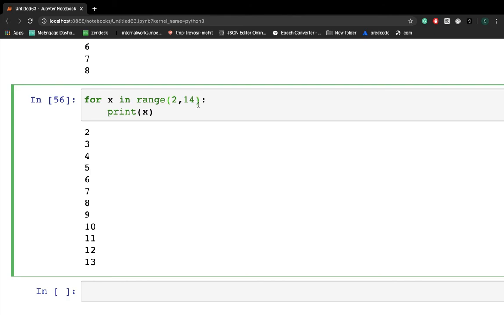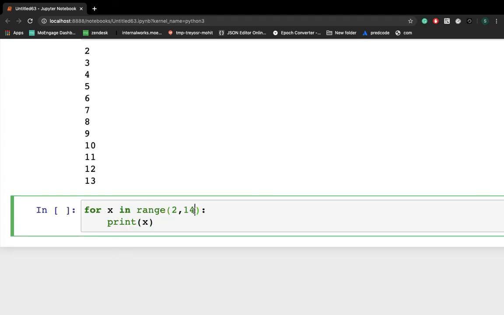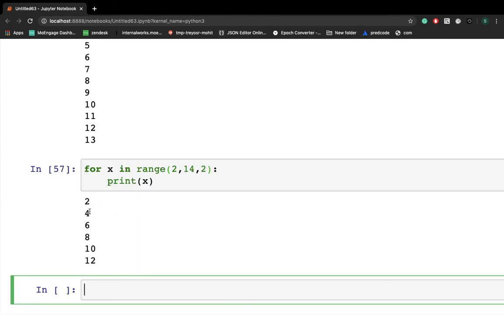Also, as I told you, if you see here it is incrementing by 1, which is the default. If you want to increment this value by 2, you can provide a third value which is responsible for the increment. If I put 2 here, we'll get 2 4 6 instead of 2 3 4 5 6.